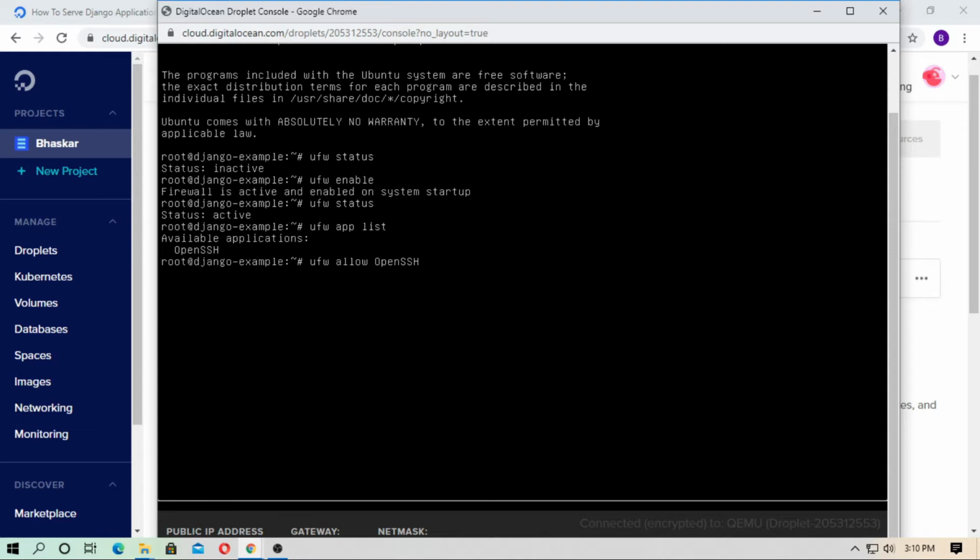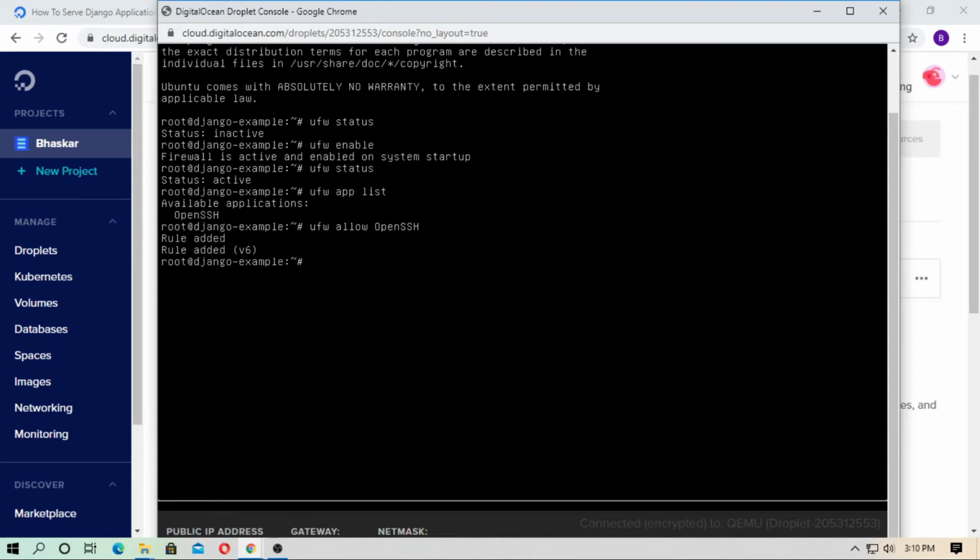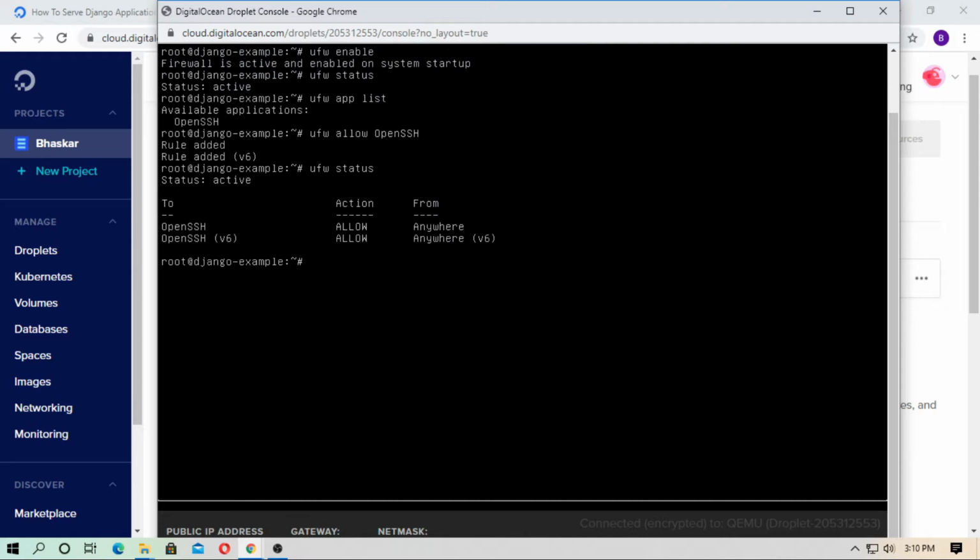Just hit enter. Okay, rule added. Now you can check the firewall status, ufw status. Okay, the firewall has been activated.